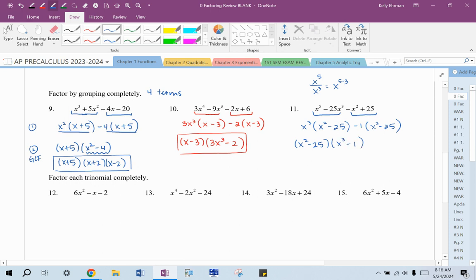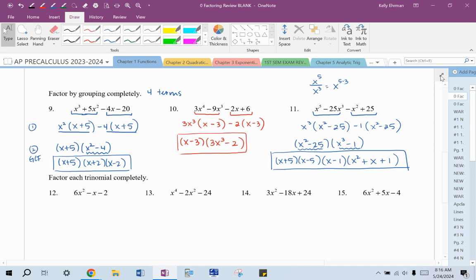And then again, anytime you have exponents higher than 1, you should check to see if these are special factorings. This is a difference of squares, and this is a difference of cubes. So you have to factor both of those. The first one is x plus 5, x minus 5. The order that you write those two factors doesn't matter. If you write x minus 5, x plus 5, and then that's being multiplied by, apply the SOAP formula, x minus 1, x squared, plus x times 1 is x, plus 1 squared is 1. So this is the final